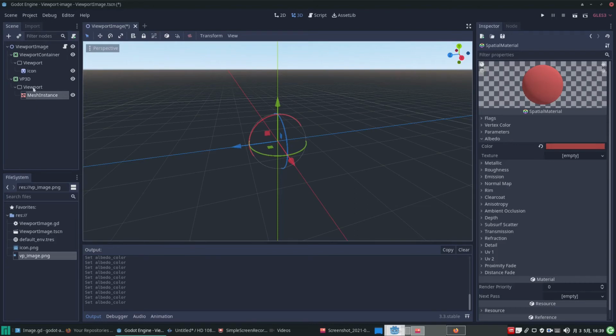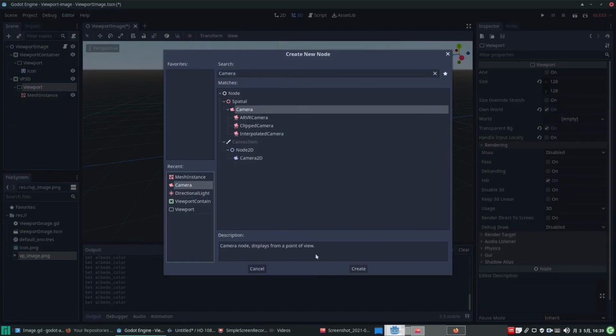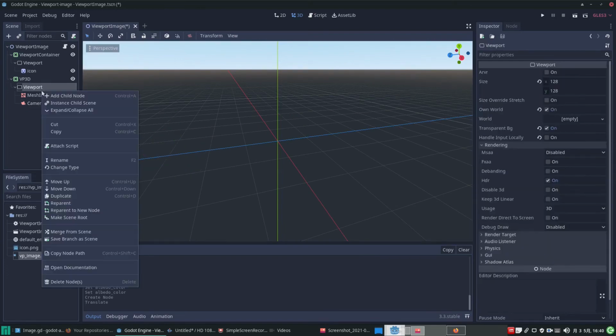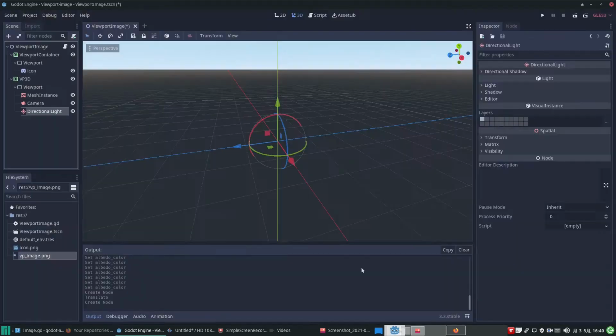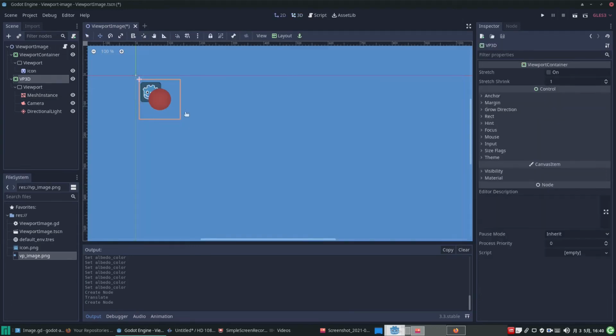And then we need to add at least a camera. So add a child node of a camera, create, and then move the camera away from it a little bit. Add a light, directional light, for example. That should illuminate the mesh, and we should see it in the camera. And let's position our viewport. You can see it's working there. We can see our